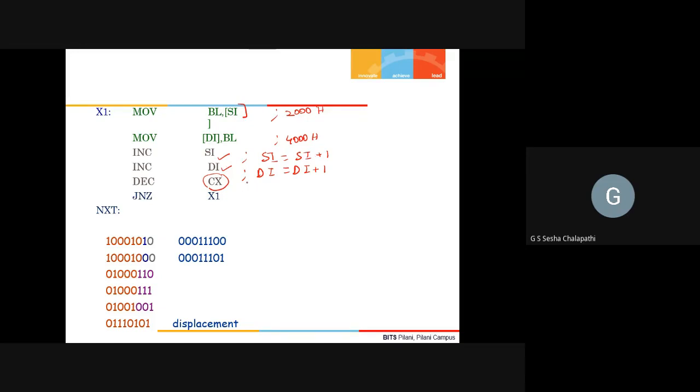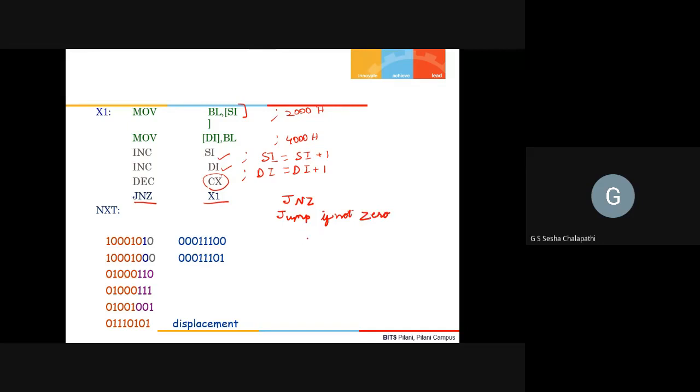Once one byte is copied, I decrement CX. Now to repeat this 50 times, I will be making use of a jump instruction. JNZ. Basically, it will tell: jump if not 0.